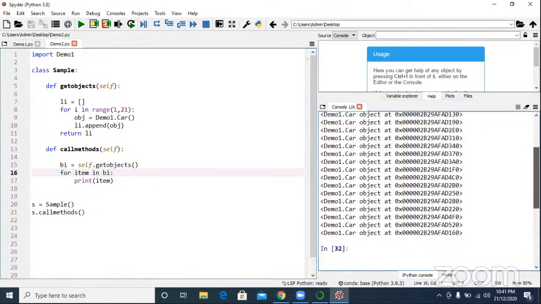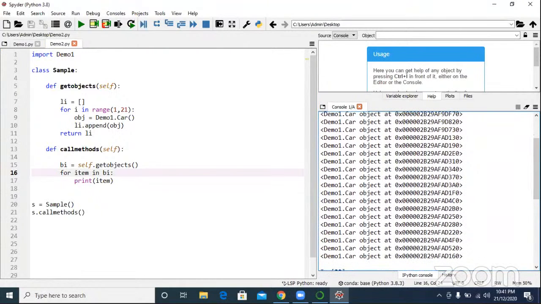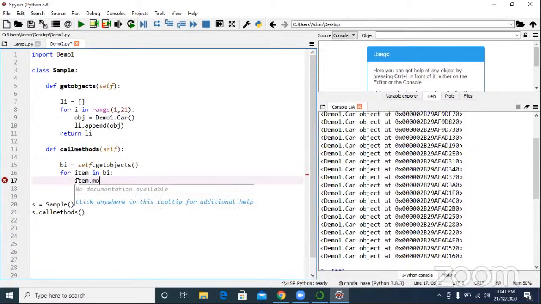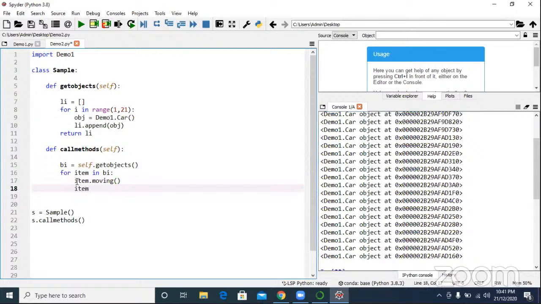Are you able to print 20 objects? Yes, but I don't want to print 20 objects. I want to print item dot moving, item dot to stop.